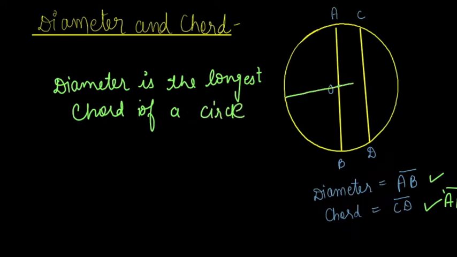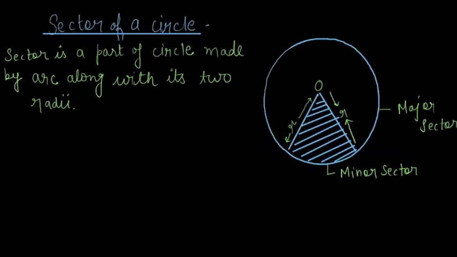If I draw a diameter like this, MN, so this is again a chord, right? So a diameter always passes through the center. You see MN is a diameter which is also passing through the center O of the circle. AB is a diameter as it is also passing through the center. But CD is only a chord because it is not passing through the center of the circle. So that is the difference between a diameter and a chord. Let's see the next slide.